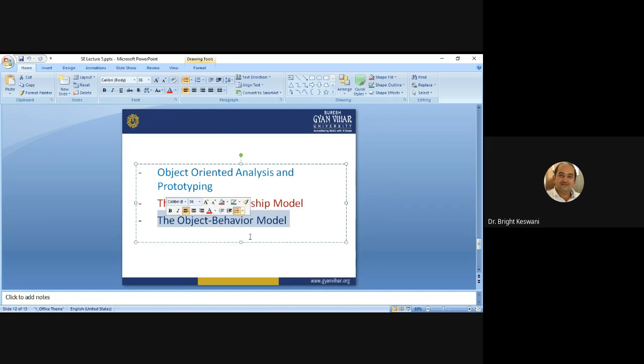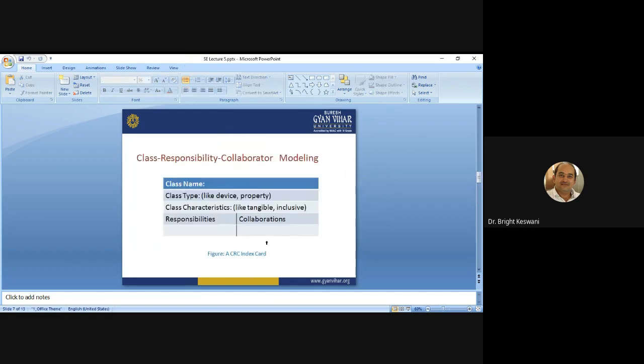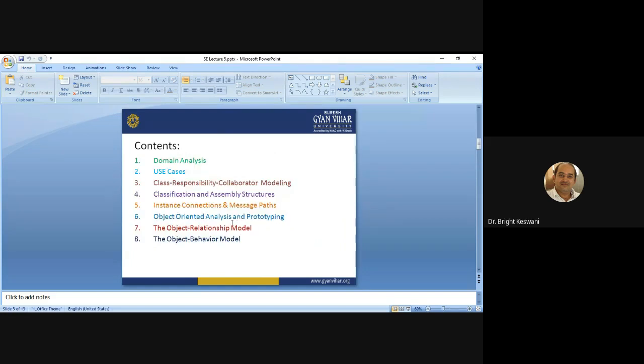Today we have discussed various things, like domain analysis. We discussed use cases and class responsibility collaborator modeling, that is CRC. Then we discussed classification and assembly, which we learned through some examples. And then we discussed instance connections and message paths through some examples.